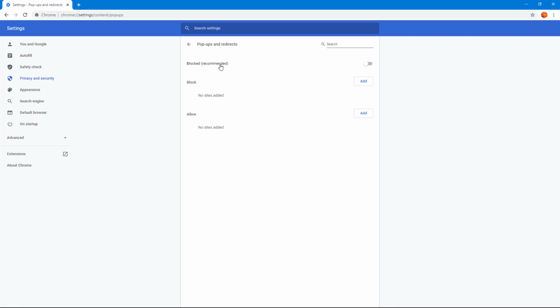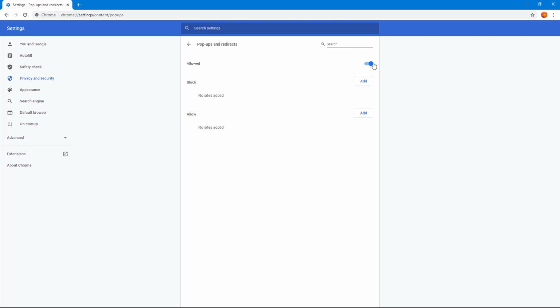Many websites use pop-ups as advertisements, but that practice is mostly declining now. Pop-ups might sometimes be useful for important things like signing up for a website, and in that case, the websites might prompt you to disable the pop-up blocker. What you can do is enable this option. So now all of the websites' pop-ups are allowed, but that is something you may